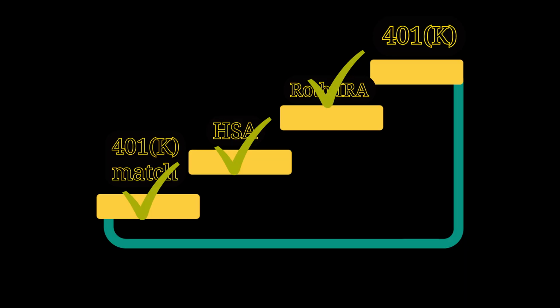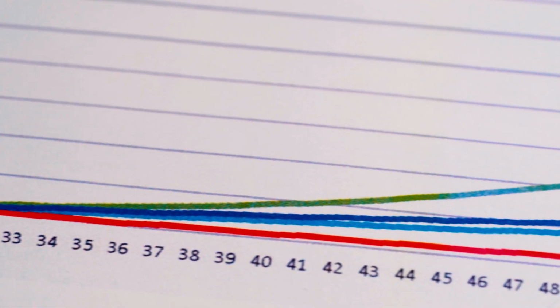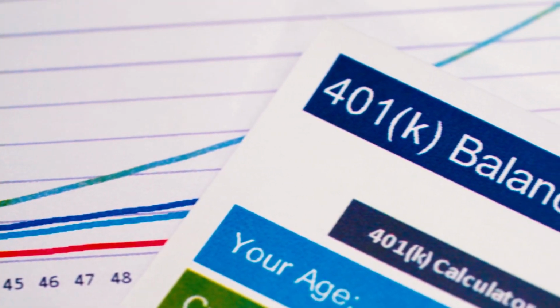Now let's say you've made the smart move by taking advantage of your employer's match, you've maximized your HSA and your Roth IRA, and you still have cash left over that you're now looking to invest. Well, first of all, I have to give it to you. You're doing great. Not many people have the funds left over to make it this far. But if you're one of those people who find themselves in this position, I recommend going back to your 401k and making as many contributions as you can up to the limit. The contribution limit for a 401k is currently set at $22,500, which is a significant amount of money that you can invest in your future. Not only will you be saving for retirement, but you also are taking advantage of the tax benefits that come